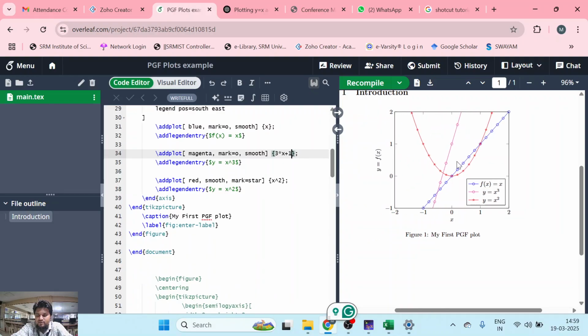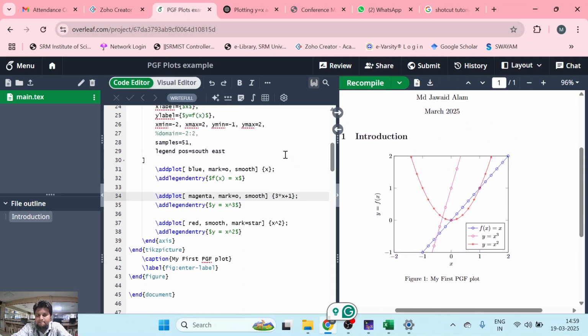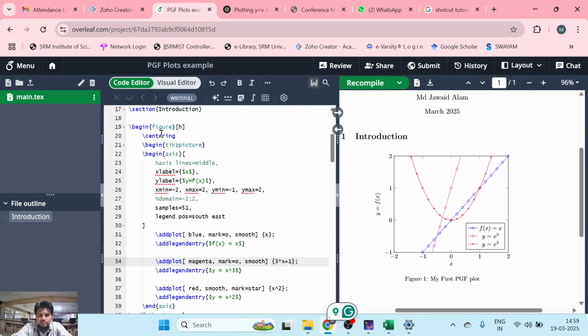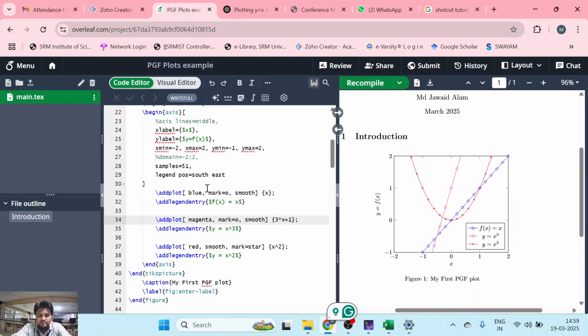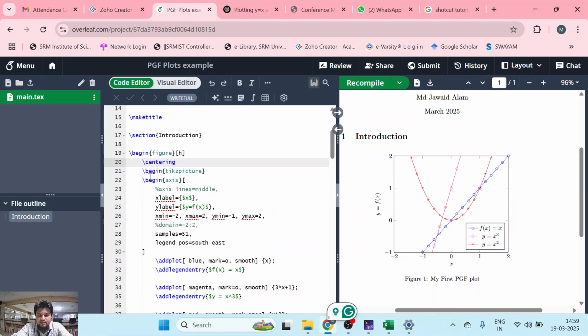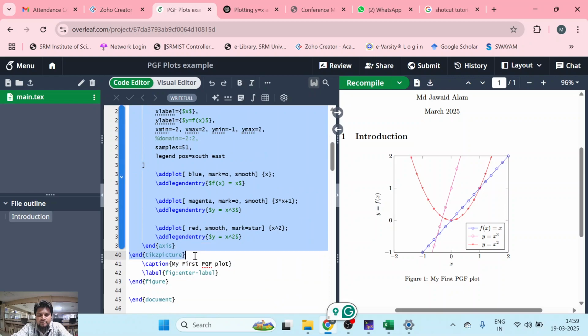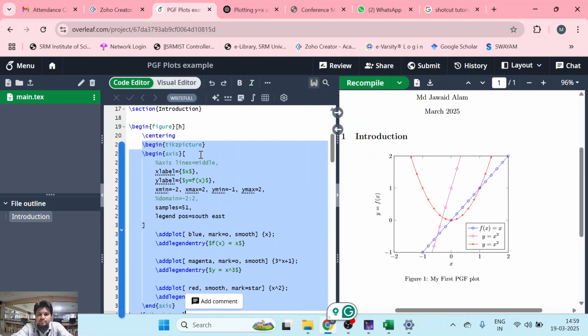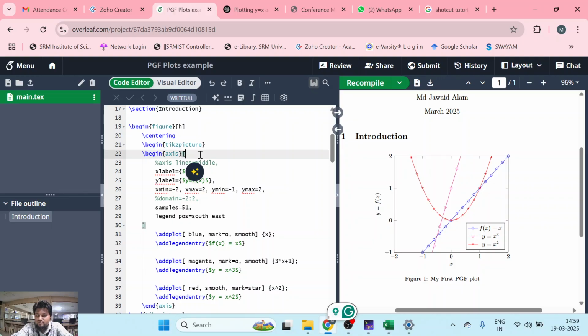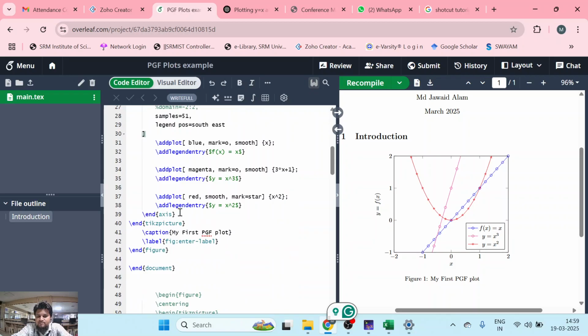So I hope that now you can work with PGF plots and how it is working. Very simple. You have a figure environment, right? Figure is centered, and in that you have a Tikz picture. This Tikz picture has a graph, okay? That is within begin axis and end axis. Whatever you plot outside will be part of the Tikz picture, but not part of the graph. Okay,